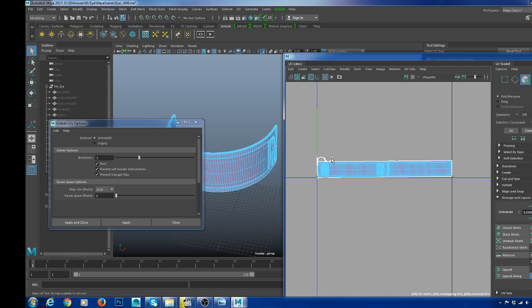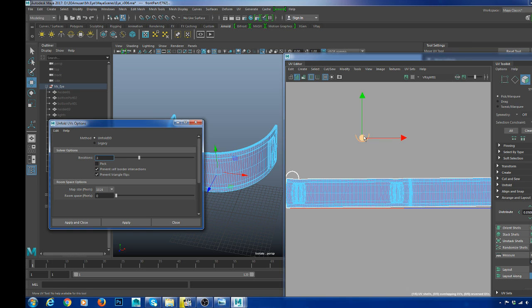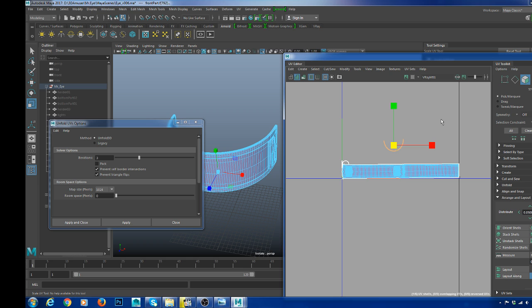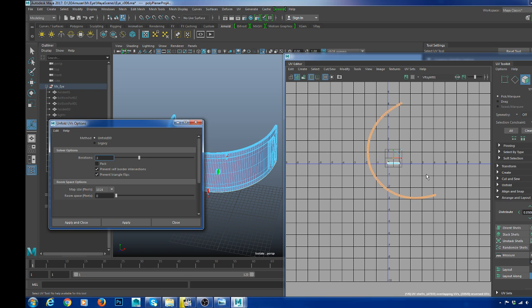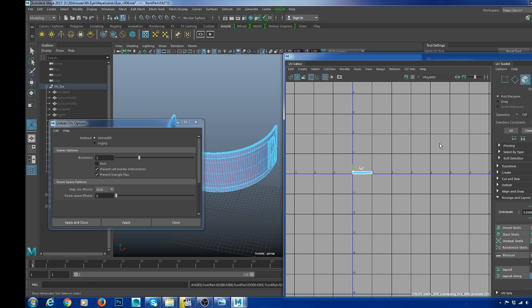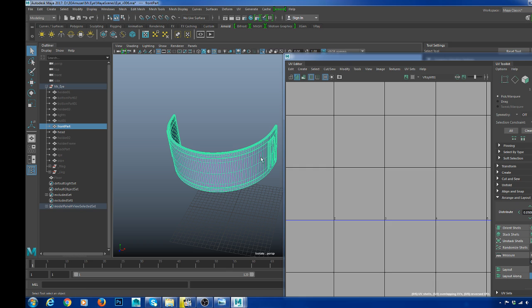Let's say you just want to unfold this UV, just this piece. So what do you do? You uncheck pack, and if you say unfold, it unfolds it. But this is perfect. So okay, I'll show you how to do that. So let's say this is the piece. So if I say unfold, it's only going to do that piece. That's another trick I learned. And so now what I'm going to do,